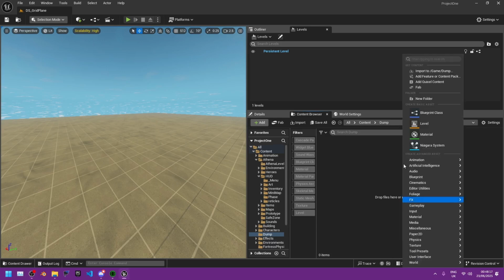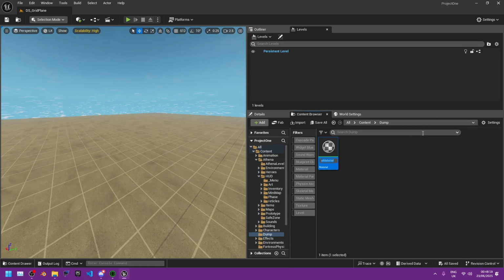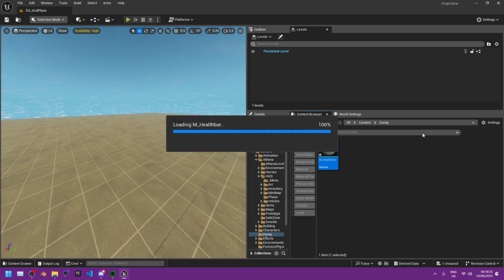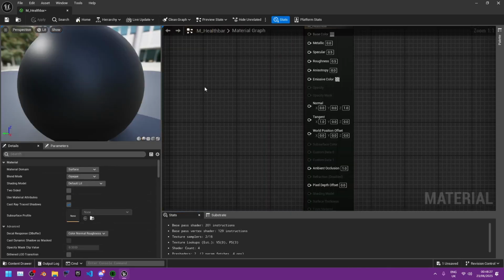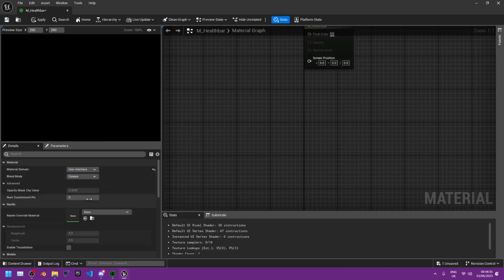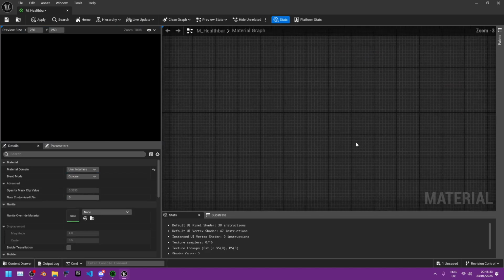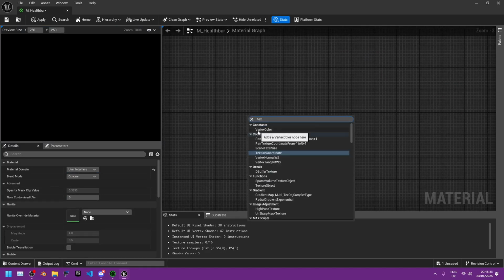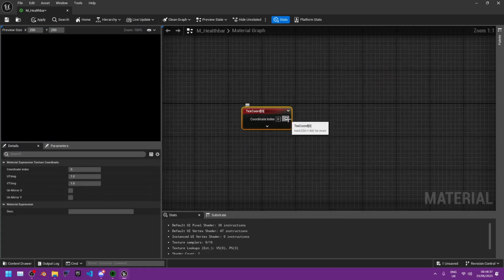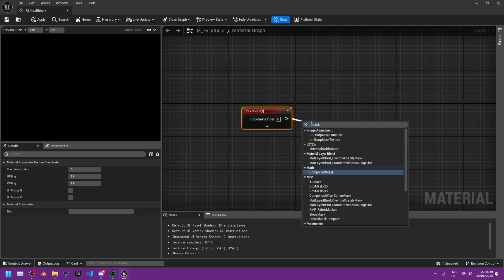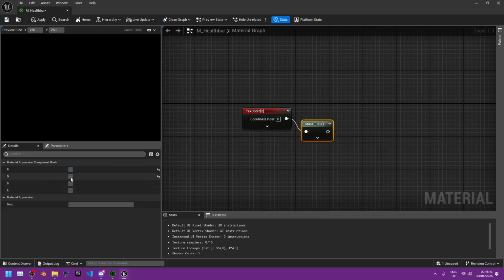So first you want to create a material, name it something like M_HealthBar, then open the material, set the material domain to user interface, make a texture coordinate node, mask it in the R,